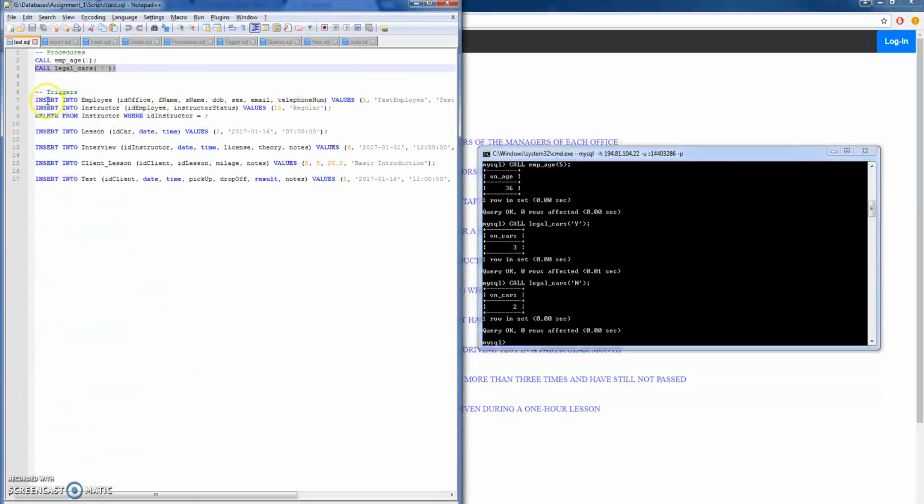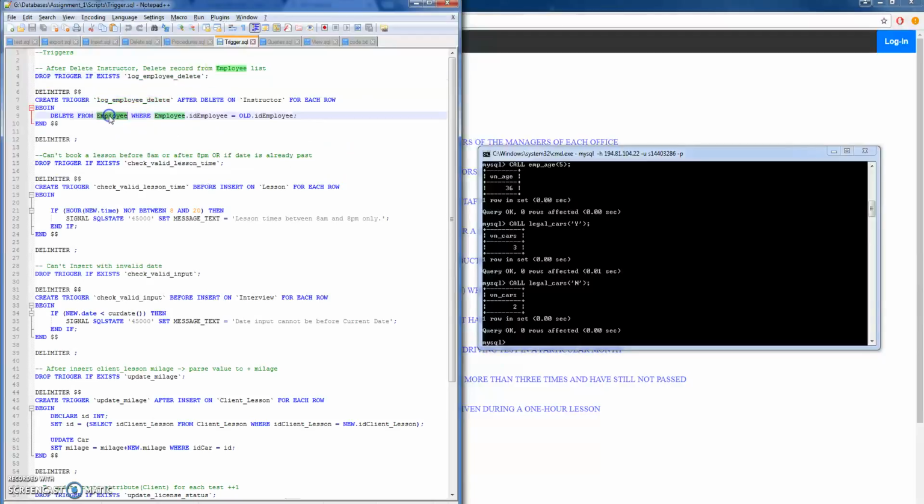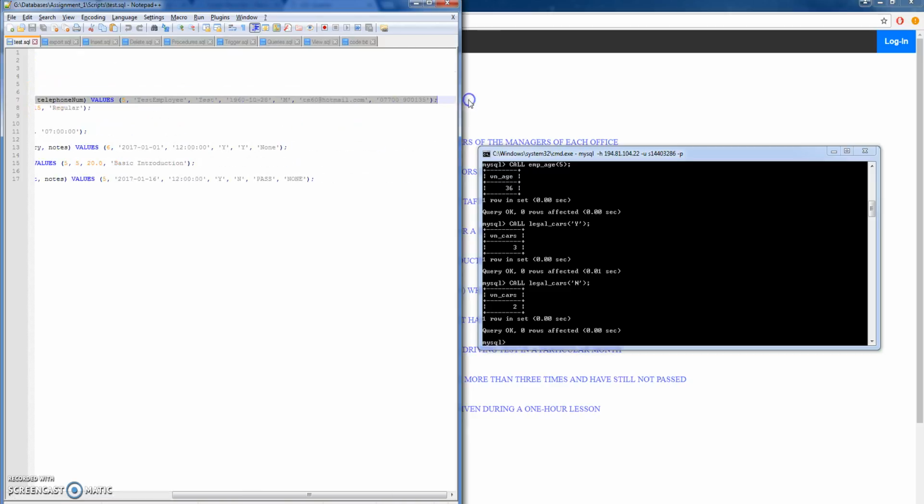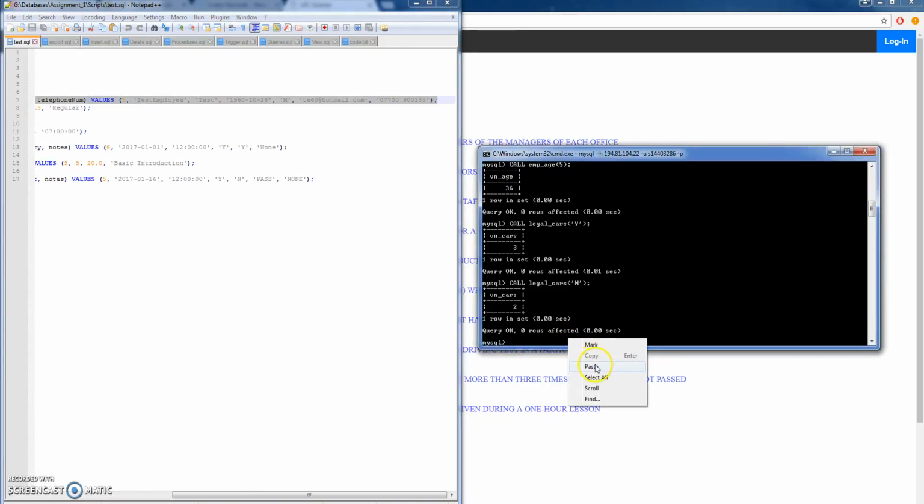And then we'll first have to insert a test employee, then create the instructor record for that employee we insert, and then we'll delete it after to see if both records successfully delete. So if we insert a test client, well, a test employee rather,